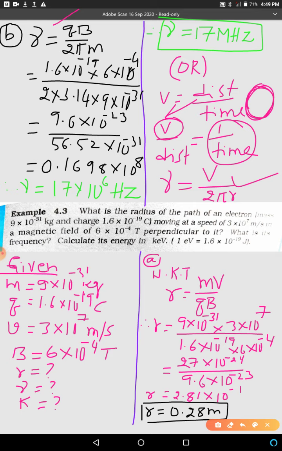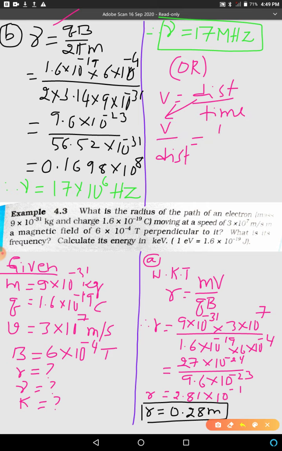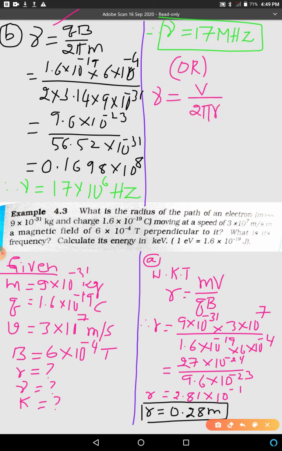If you remember this formula, that is well and good. Velocity is distance by time, so v by 2 pi r. Let's put that formula, you should get the same answer. mu is equal to v by 2 pi r. What is the velocity of the particle? 3 into 10 power of 7 divided by 2 into pi, that is 3.14, into r. What is the radius? We calculated it,